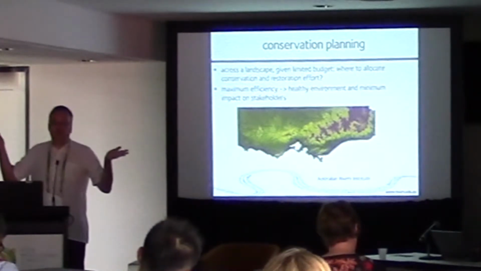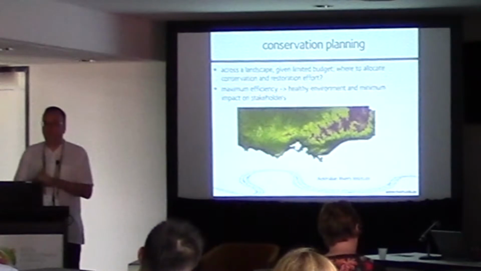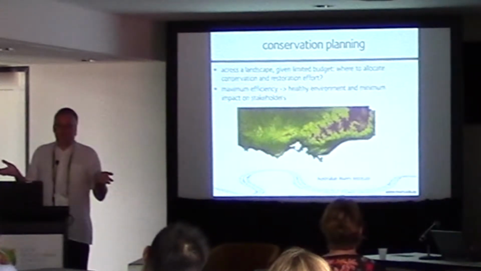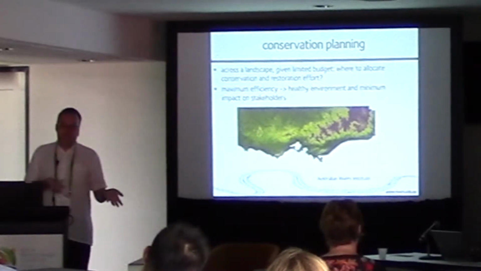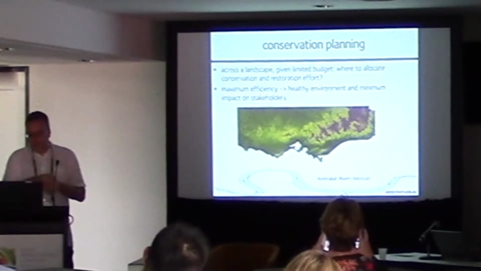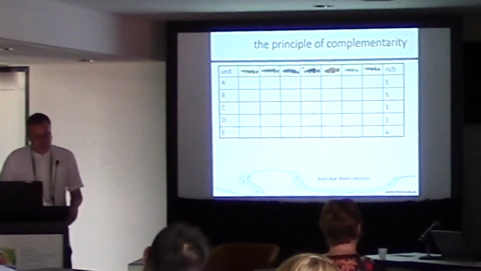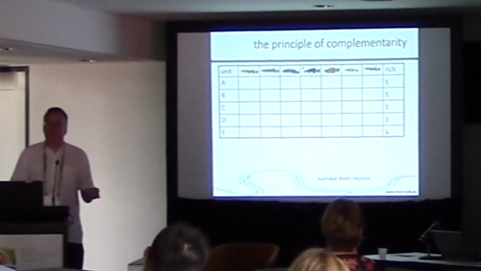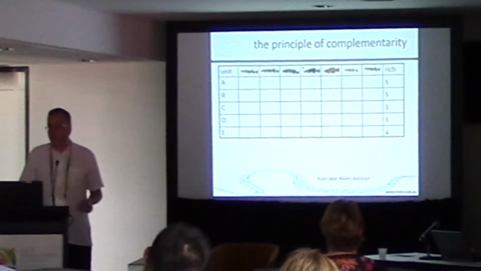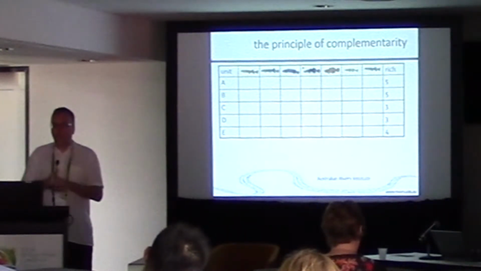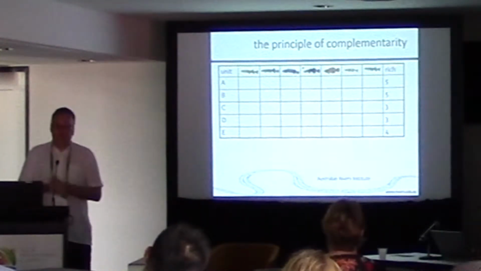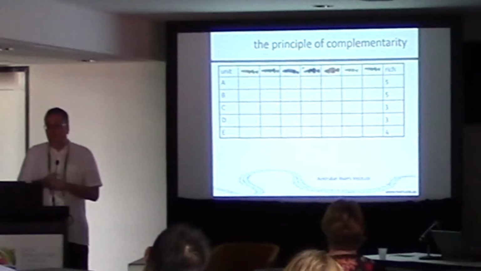Why is that? Because obviously you will always have to prove to someone that you're not wasting anyone's money, and that actually these solutions can exist, a healthy environment as well as minimum impact on stakeholders. Now, one of the key ingredients of every conservation plan since the 1980s, since Jamie Kirkpatrick really launched a few seminal papers, and then Bob Pressey looked back into it.